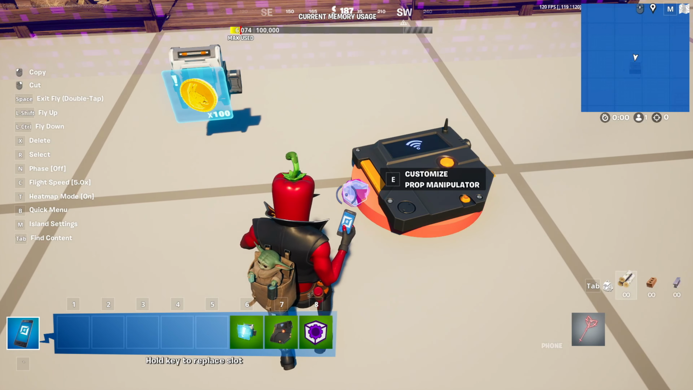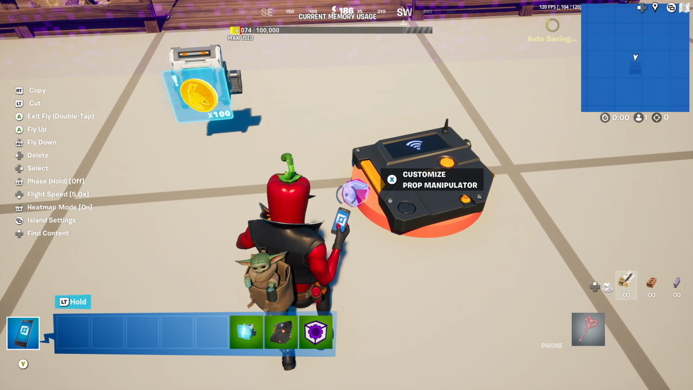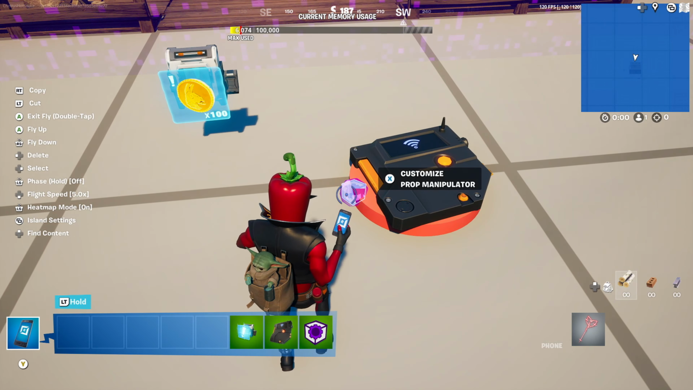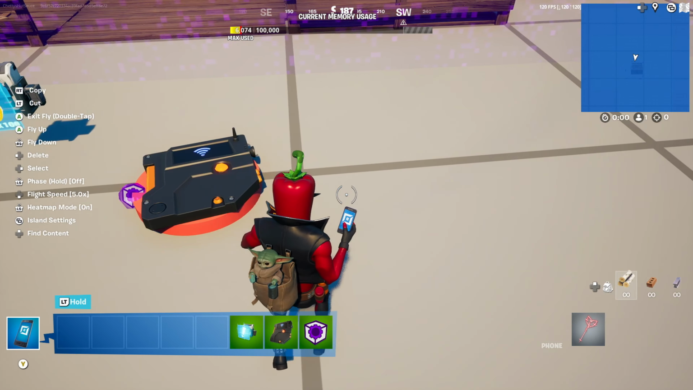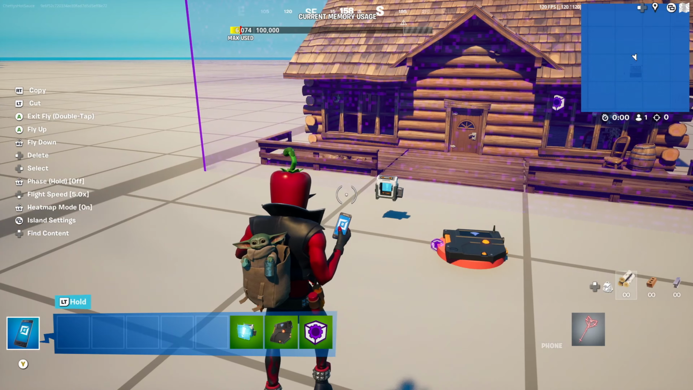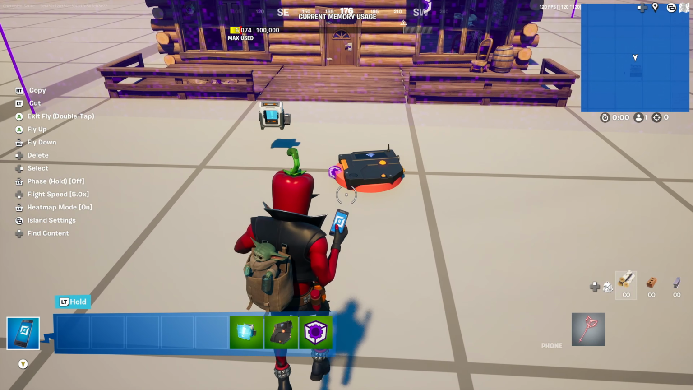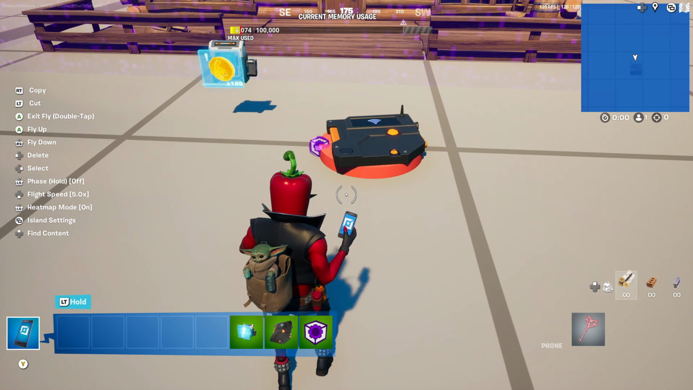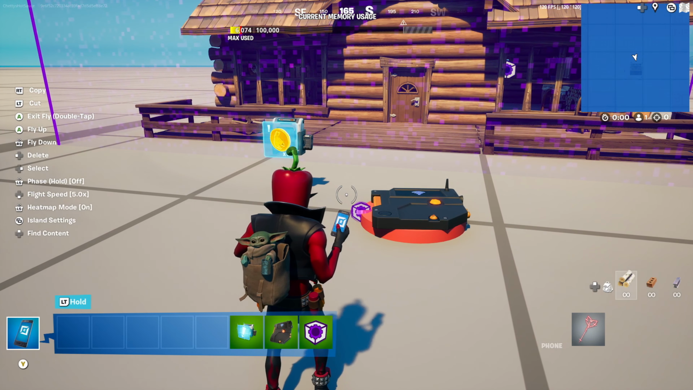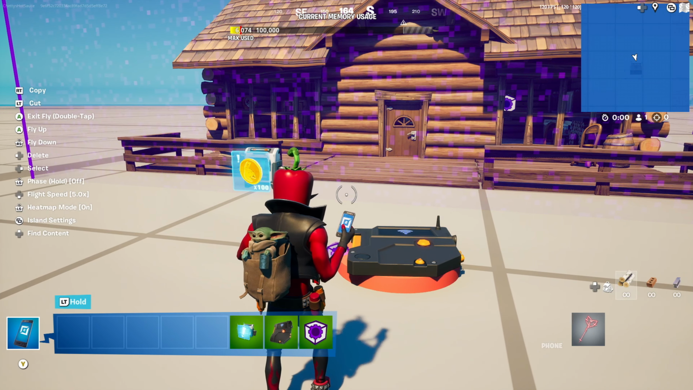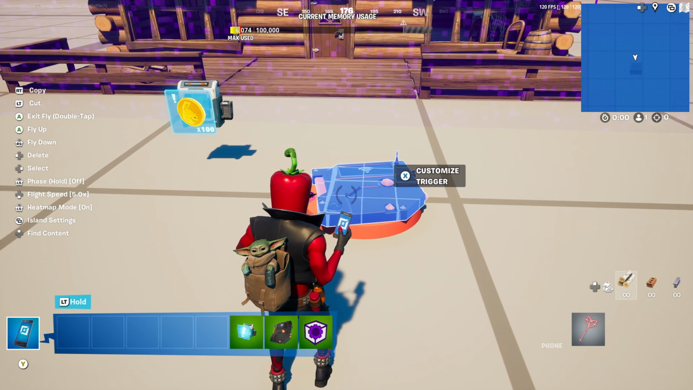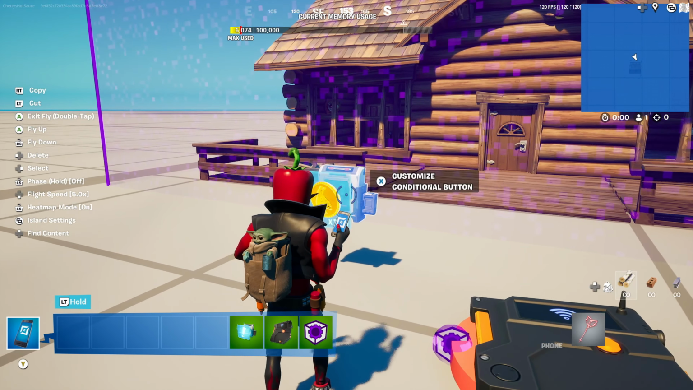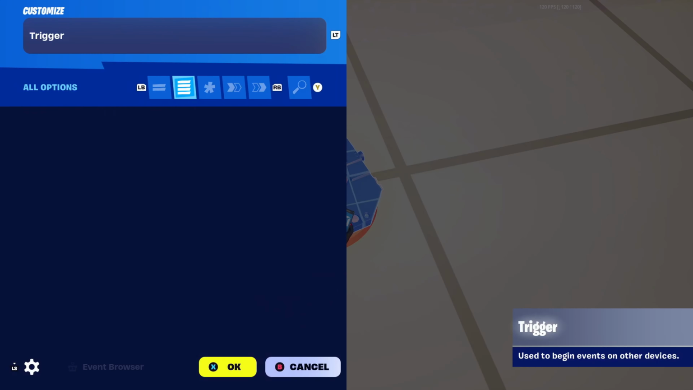No, we don't need to change any settings on the prop manipulator device at this moment. Okay, so we pretty much have things set up here. Now we need to go into the events and functions to make sure that they all talk to each other. So the first thing is we're going to hook up this trigger to our conditional button device,